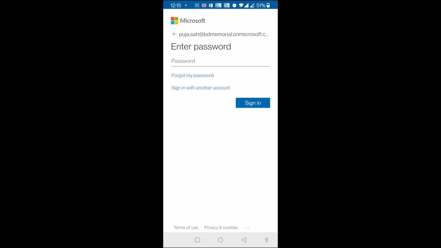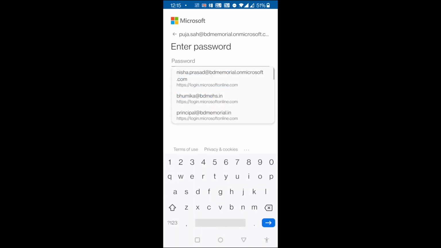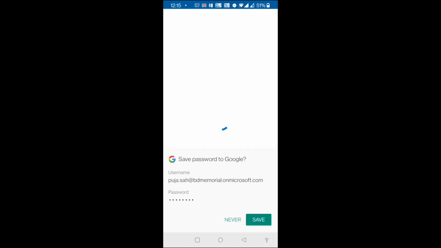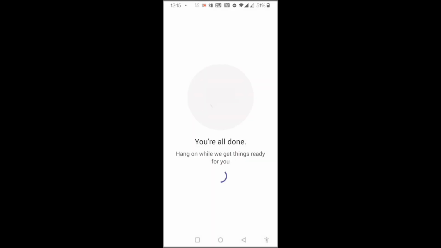So that means here, now you can see on the top, if you have put the correct school ID without even a single mistake, every letter must be as it is. Don't leave out the dots, do not leave out any numbers, do not give any space between letters. Then again I am going to put the password. There you are.